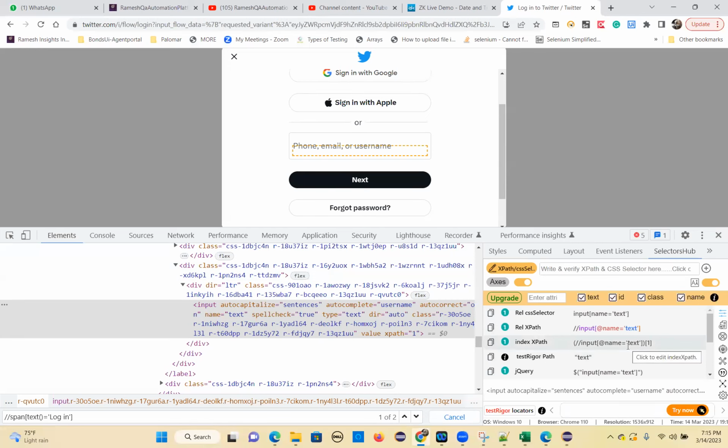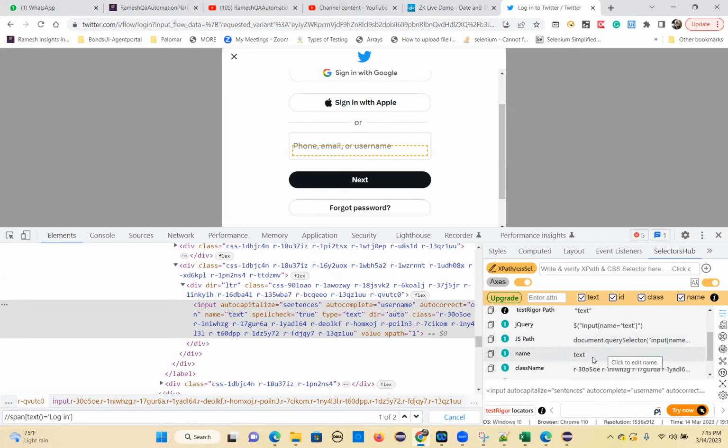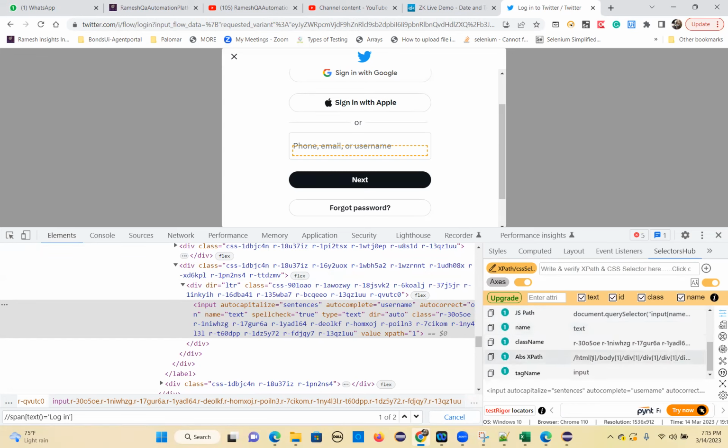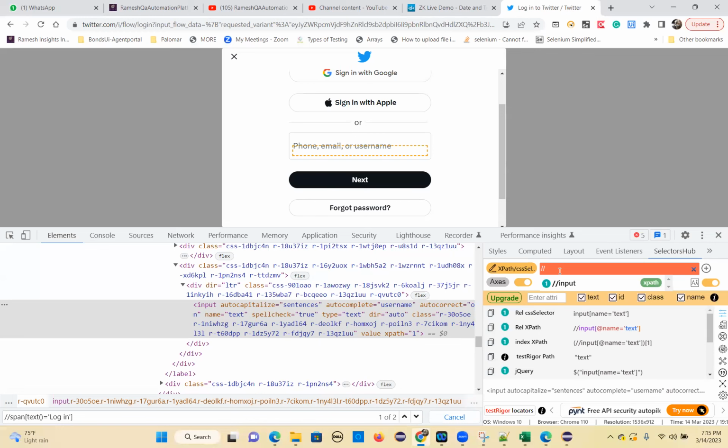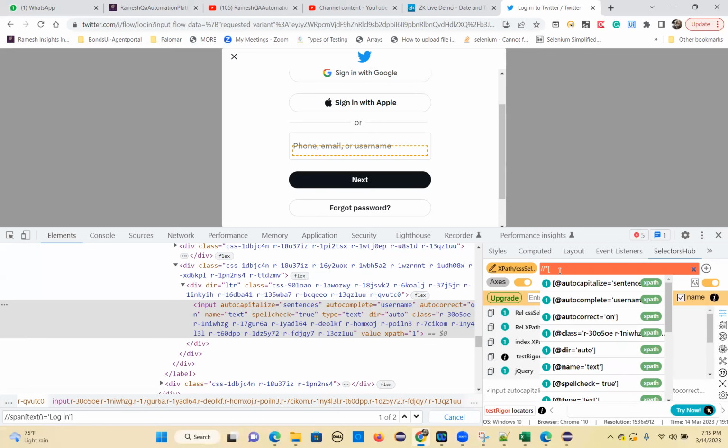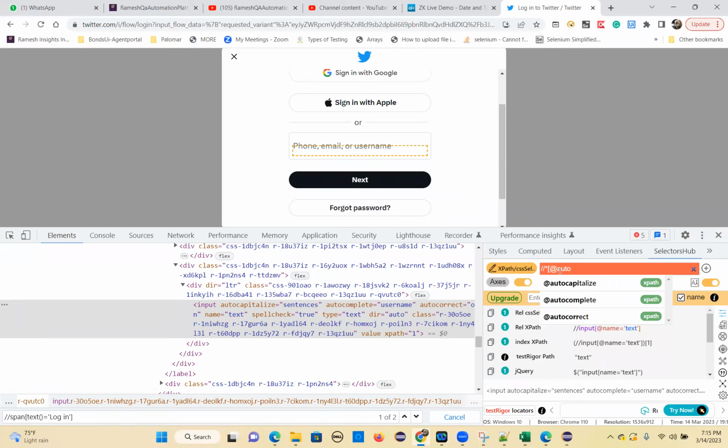See, he is giving a text. I don't want to use that. So this doesn't help. I am going to write my own XPath: double forward slash, star, square bracket, @autocomplete,